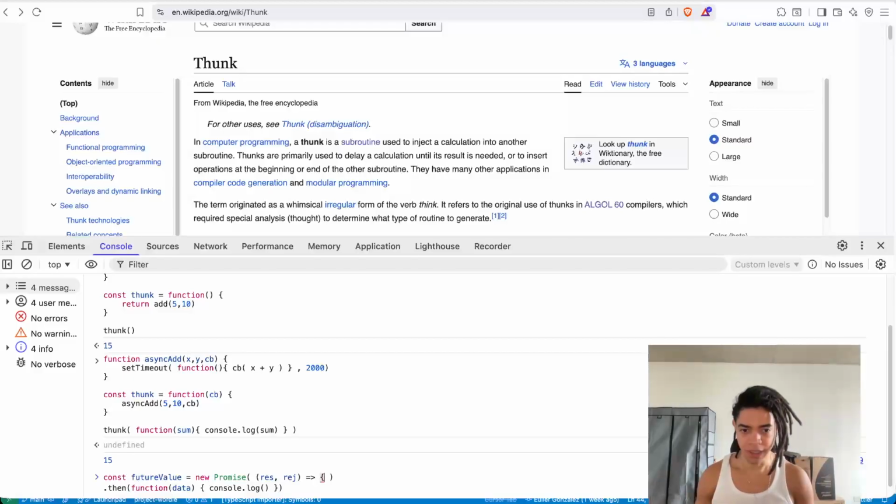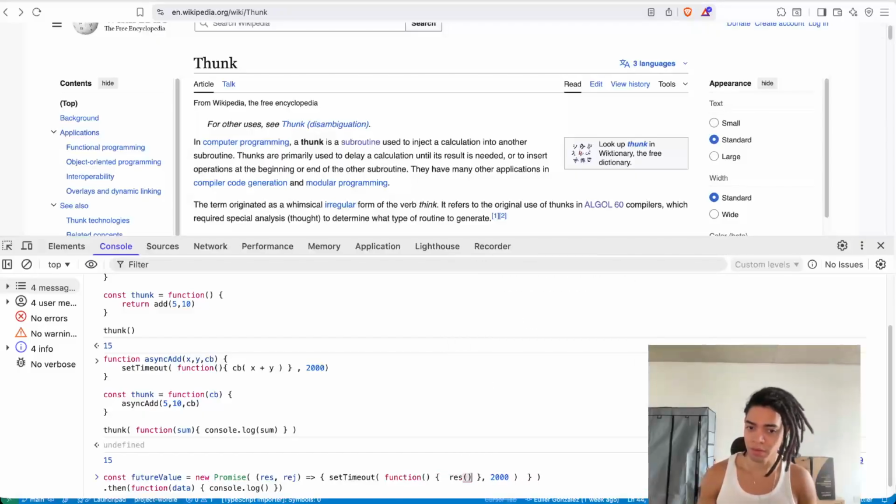And here I can simulate some async task using setTimeout, and say, hey, after 2 seconds,